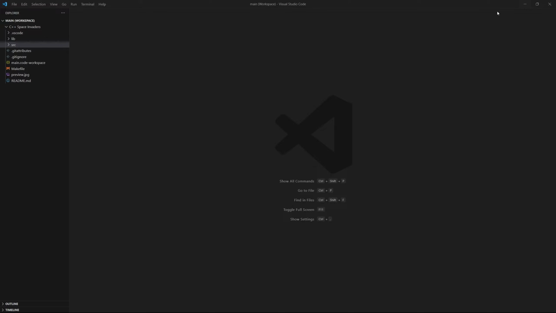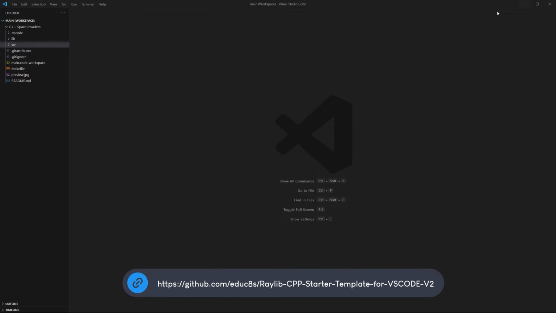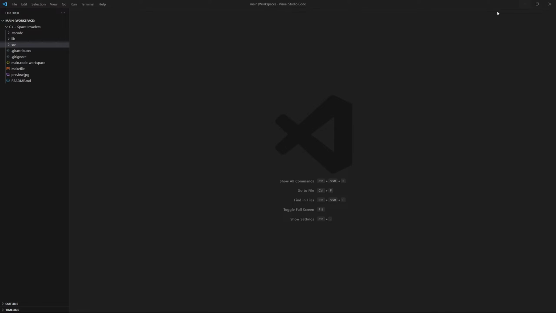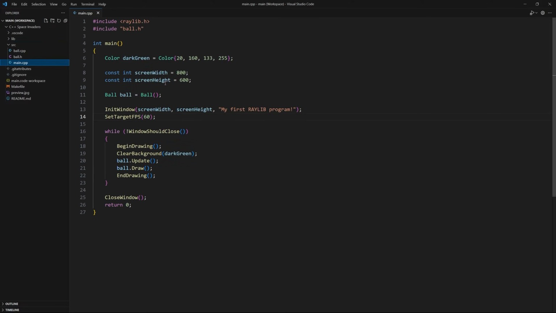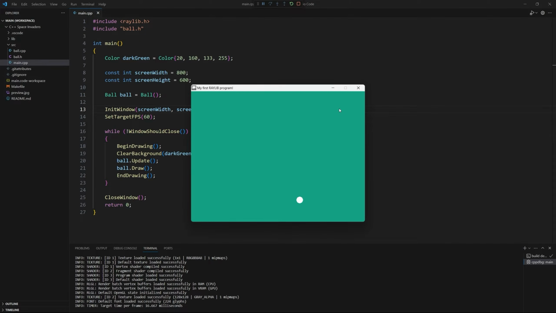Let's open the C++ starter template for Raylib that I have created with VS Code. You can download this template project by visiting this GitHub repository. If you open this template with VS Code, you can see it is organized in folders. We have to open the source folder and double-click on the main.cpp file. If we now compile and run this project by pressing F5 on the keyboard, it displays a bouncing ball example. Cool, our setup works. We are ready to start developing our game.